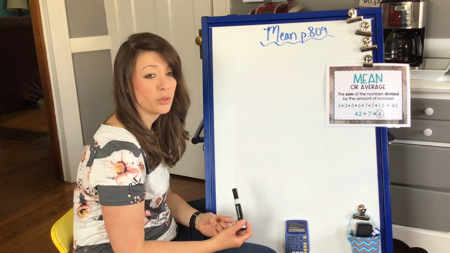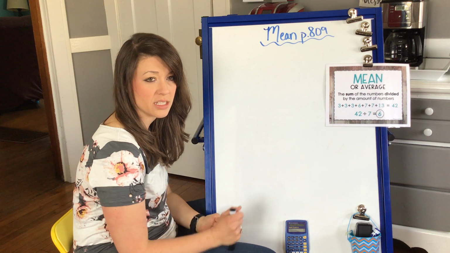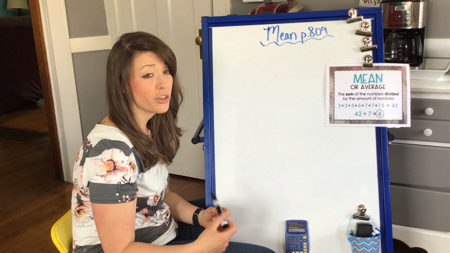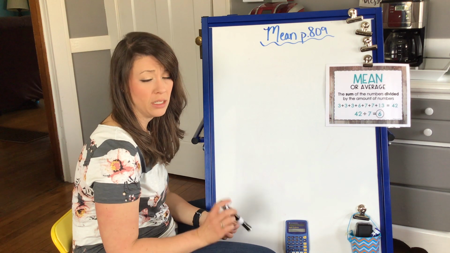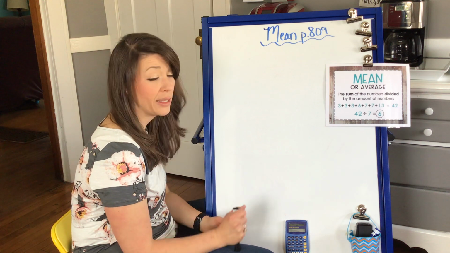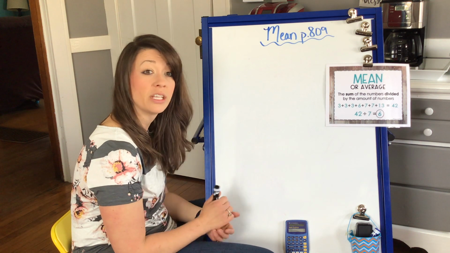Today our lesson that we're doing for the first lesson of this week is mean. It starts on page 809 in your math book. Now we actually already did some problems using mean, so this should be a review. I'm gonna do 4 problems again as we've been doing with a code word somewhere in the video that you'll